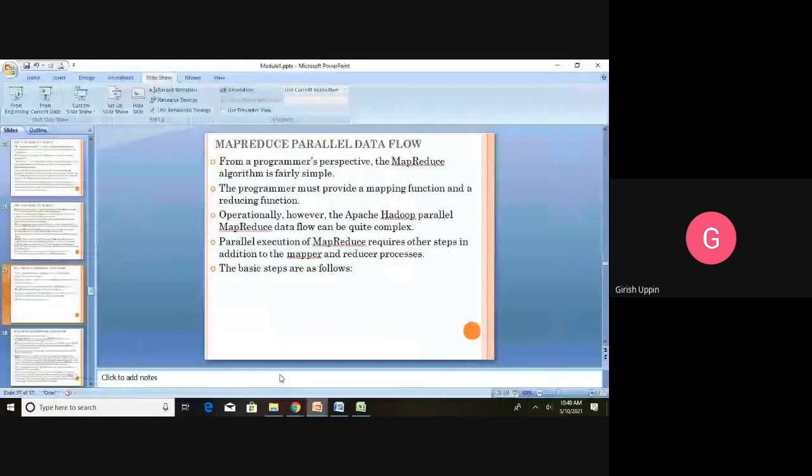In the previous session, we looked into what the MapReduce model is. We used a very simple command line and shell script implementation of the MapReduce model, where we have a mapper process that does a sort of filtering, or you can say sorting, of the large input data. The output would be in key value pairs, and that key value pair output will be given to the reducer program.